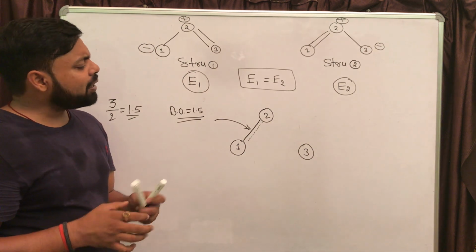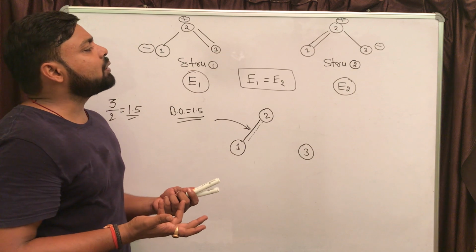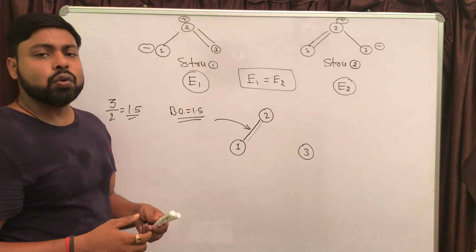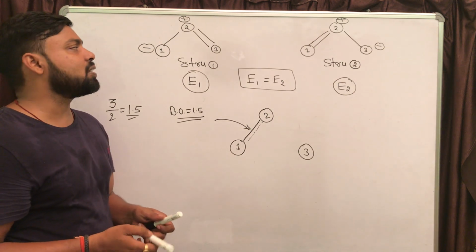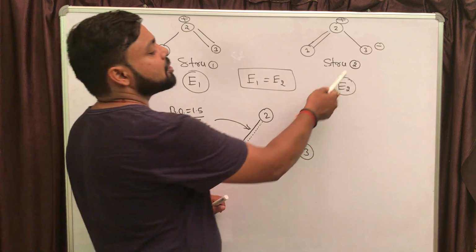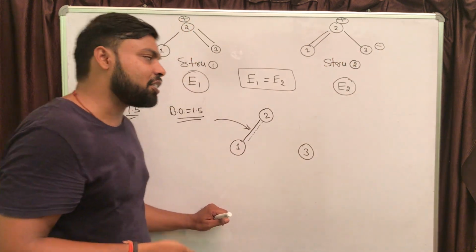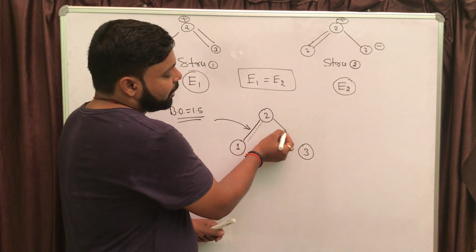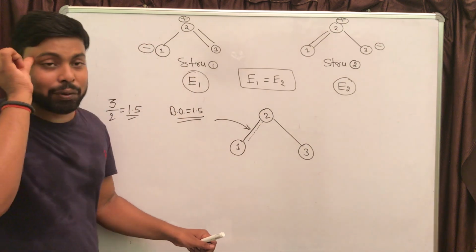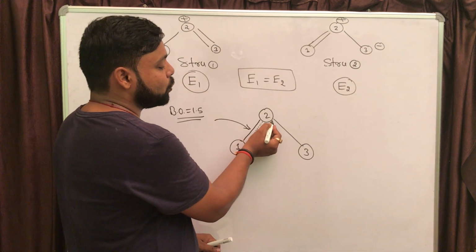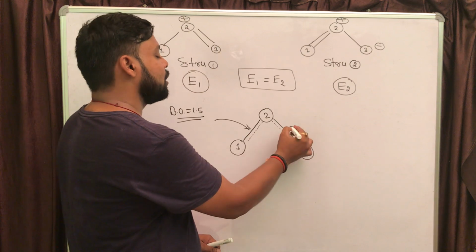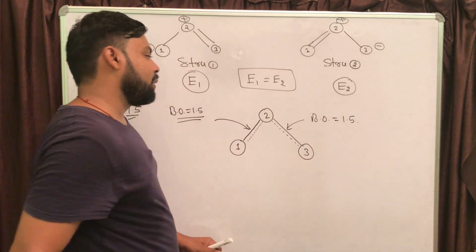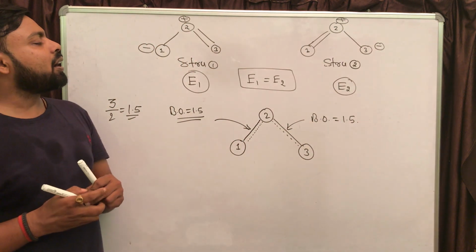Now next, in a similar way, if you calculate the average number of covalent bonds between oxygen 2 and 3, again you are going to get 1.5. The reason is, in structure 1 it is a double covalent bond, in structure 2 it is a single covalent bond, and the total number of covalent bonds is 3. You have 2 structures, so take the average: 3 by 2, which means 1.5. Draw a complete covalent bond first and then use the dotted line for the fractional covalent bond. Right, here also the bond order is going to be 1.5. Now next, now there are some charges.